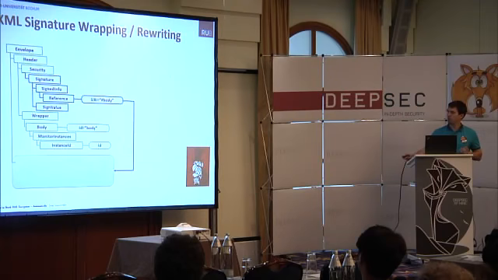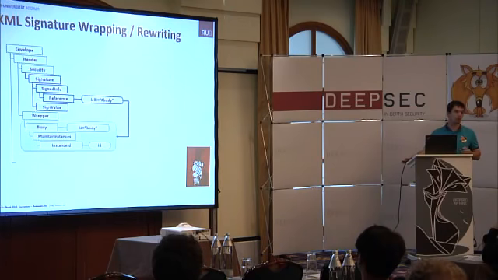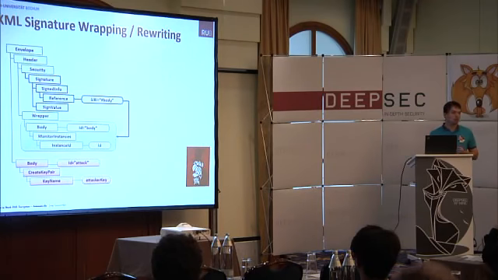He moves the original body element, the original structure, to this wrapper element. And this ensures that the signature reference now points to this element in the wrapper. And there is now place for the next body element, so he can modify the body element and